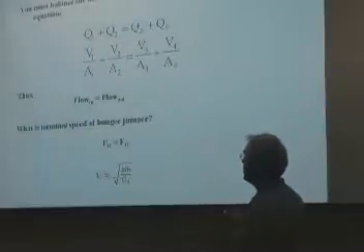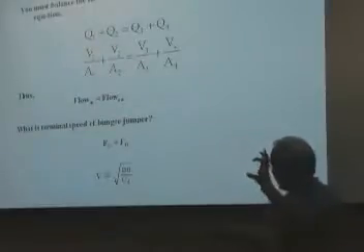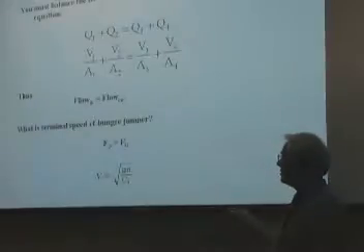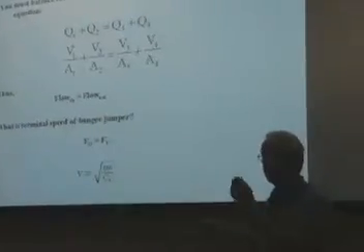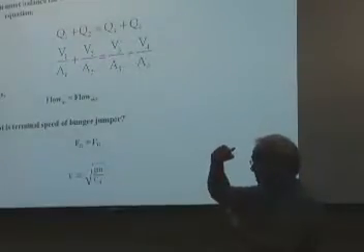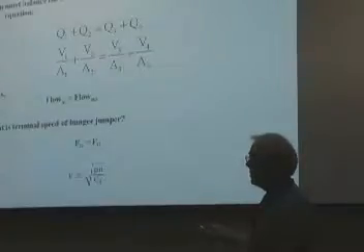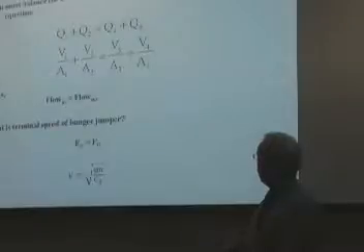What's the terminal speed of the bungee jump? How would you calculate that? Okay, so you know that if I'm reaching a steady state condition, then the forces are going to have to balance. So the pull of gravity has to balance the air resistance, right? So what we do is just equate the forces. From that, we can determine what the terminal velocity would be.